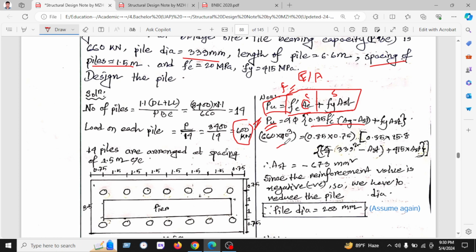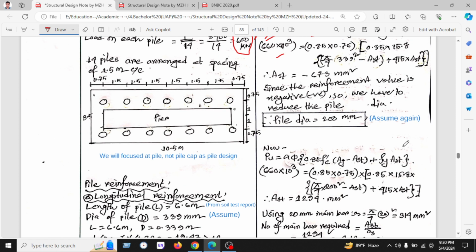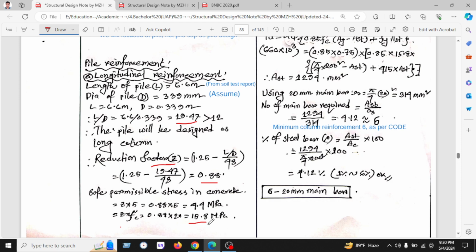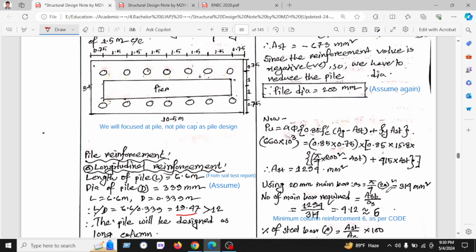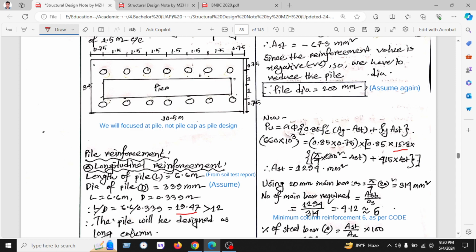We convert to Newton by multiplying with 1000, and put the alpha value 0.85, phi 0.75, and 0.85 f prime c, where f prime c is 15.8. As we have reduced the permissible stress, as shown earlier, we have used 15.8. And the area of the pile, as we have assumed at first,